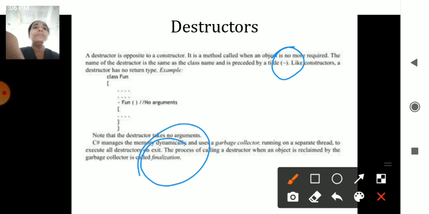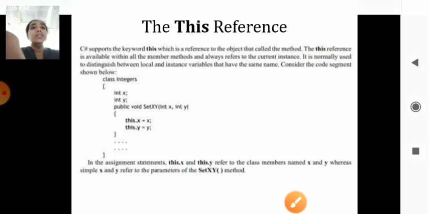Otherwise, C# has its own memory allocation, where if you are not using an element after 10, 20 or 30 days, or maybe after 1 year, that element will be removed from the memory. So that concept is introduced: either it gets deleted by itself, or you use the concept of destructors, but you cannot use the term delete in C#. Okay, so those are the destructors.